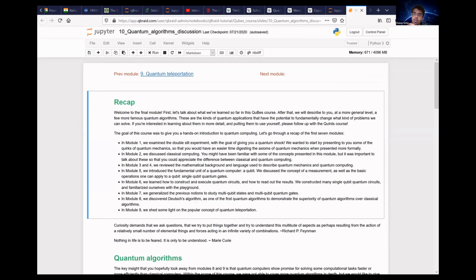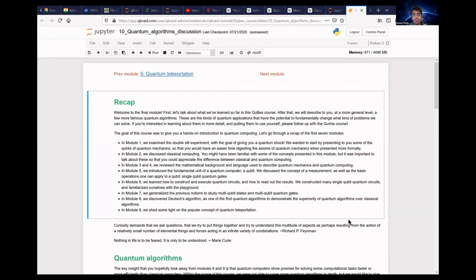So almost, not almost, but the final module of the Cubes Camp course. Here we are. In the past week, in the first module you learned about the double slit experiment, which told you a little bit about quantum mechanics. And then